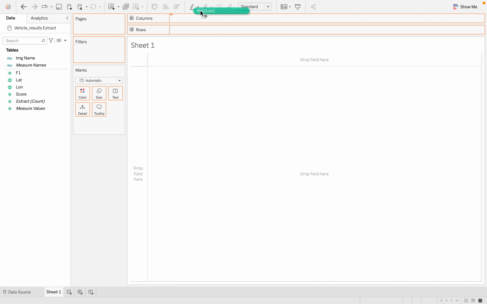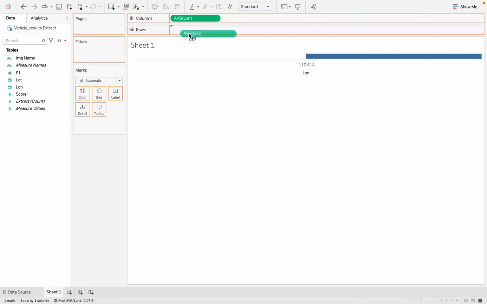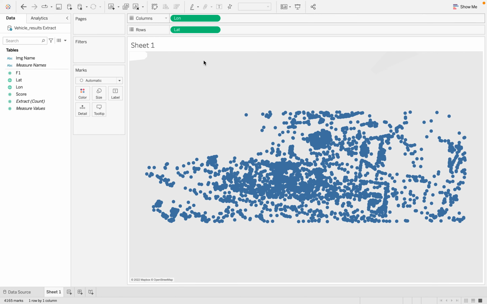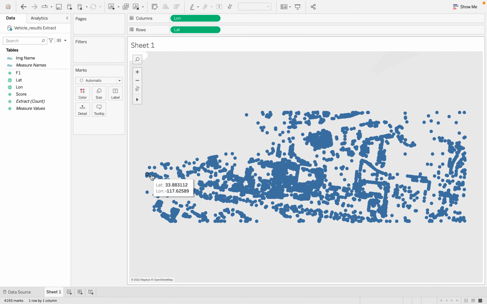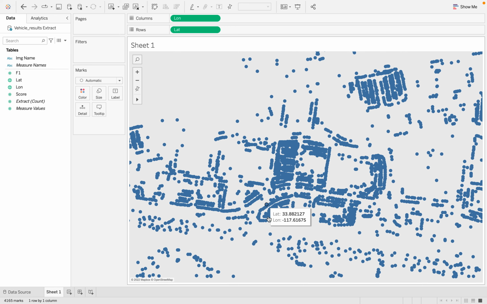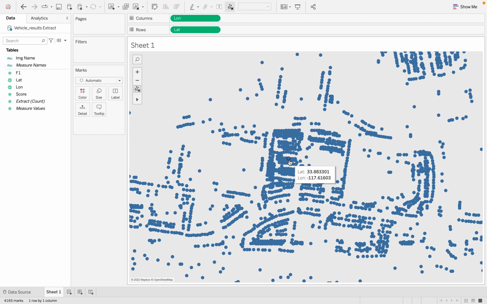We'll check out a new sheet. We'll drag over the data that we pulled in, and Tableau makes a nice little map. It is centered in LA, which is what I was expecting because that's where my data source, the image set, came from. Right now we're displaying averages, so if we actually say these are dimensions, we get a whole bunch of discrete dots, and they vaguely look like cars, on freeways, or parked along streets or in parking lots. So the data is working out pretty well.